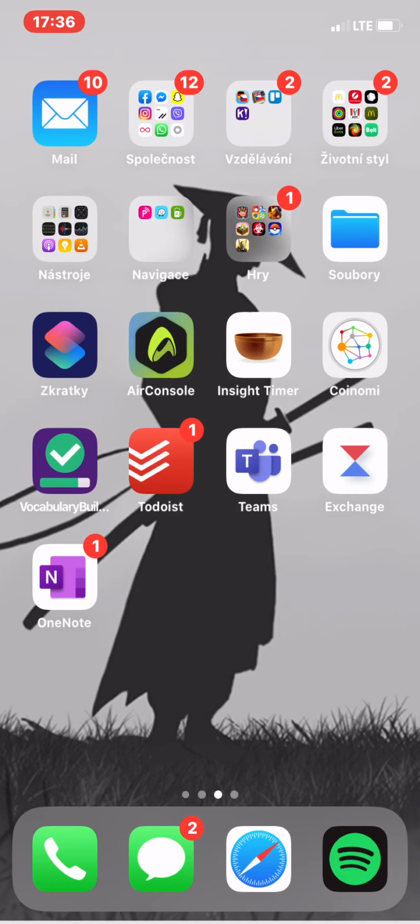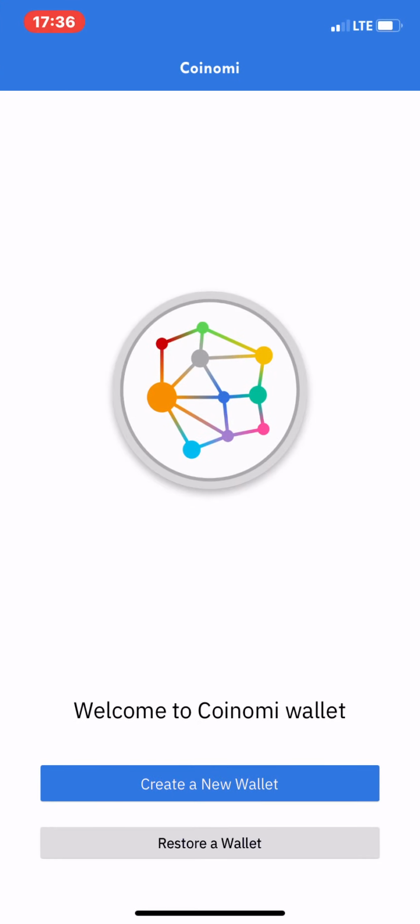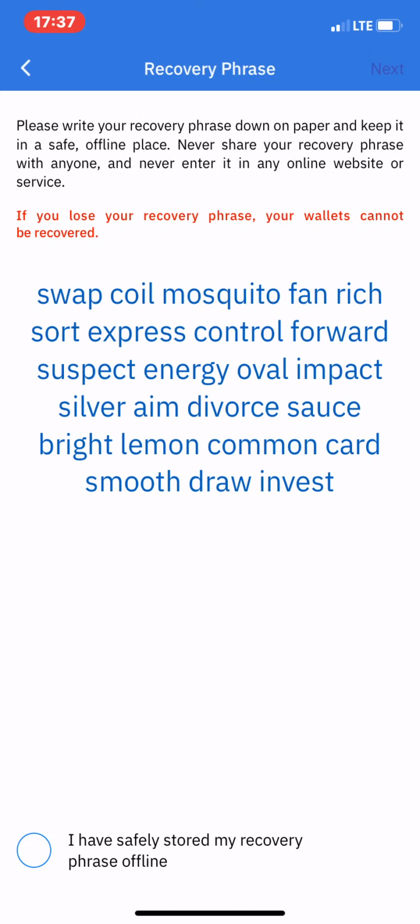First off, we will start with Coinomi this time, and as you can see, right after I clicked on the application, Coinomi opened, and here we got two options to choose from. You can see that there's a create a new wallet and also restore a wallet. We will go through creating a new wallet, and here, right after you click on the button, there is your